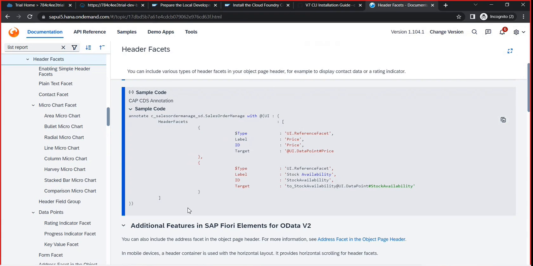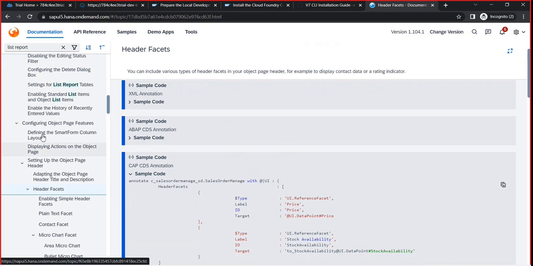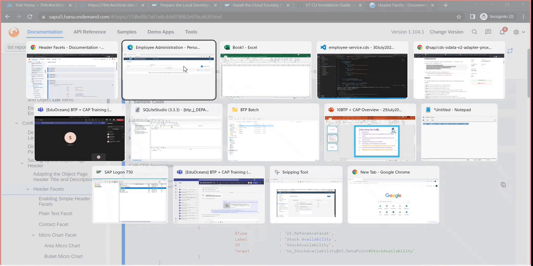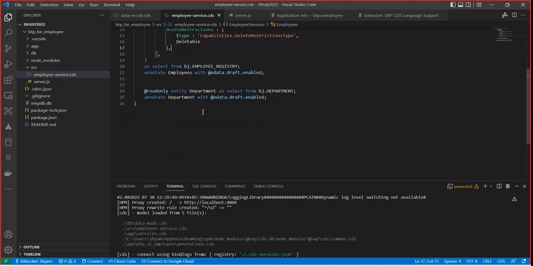What they are doing is saying annotate, then they are providing the name of the service, and the name of the entity, with @ being for annotation. UI is the library you want to use, and then you would specify the annotation and its relevant detail, and then it would get generated for each and every component. Okay, so let's just start with one such component and say I am over here, and in my employee,